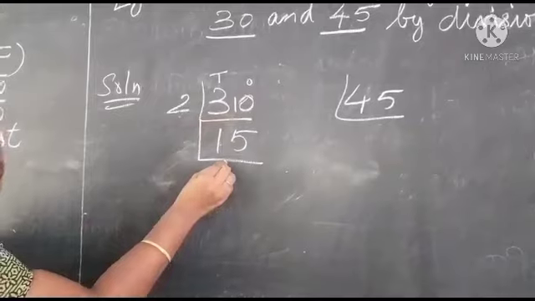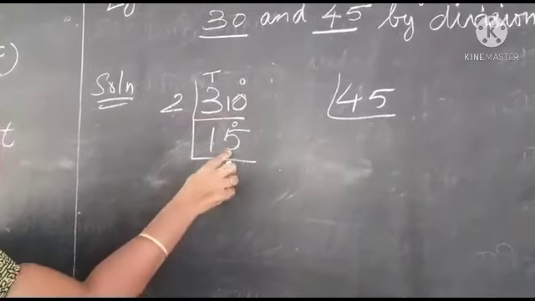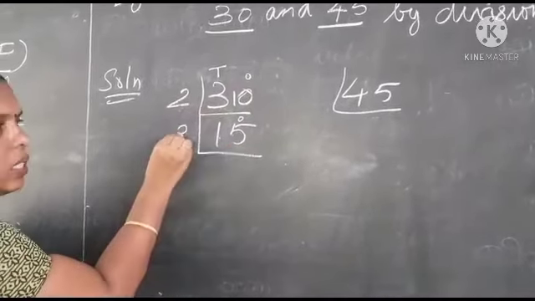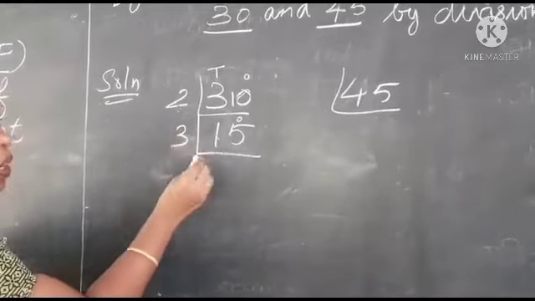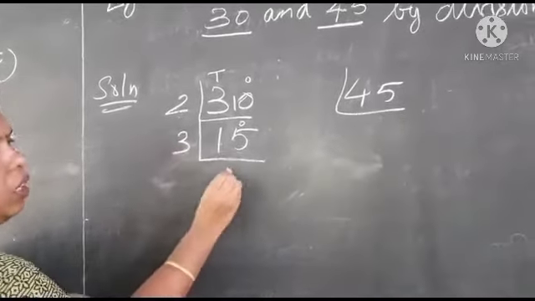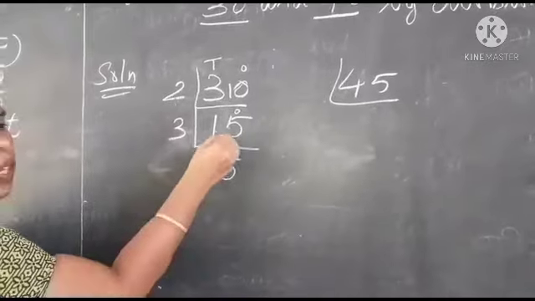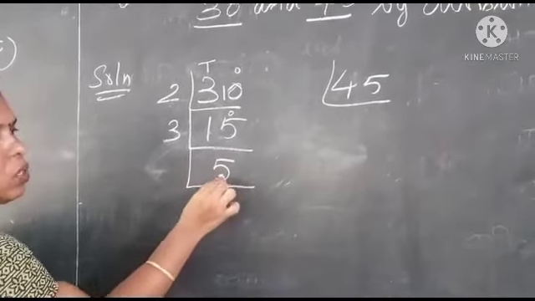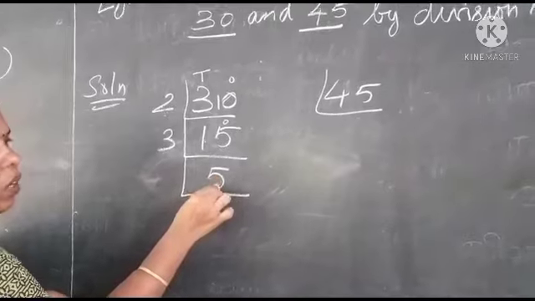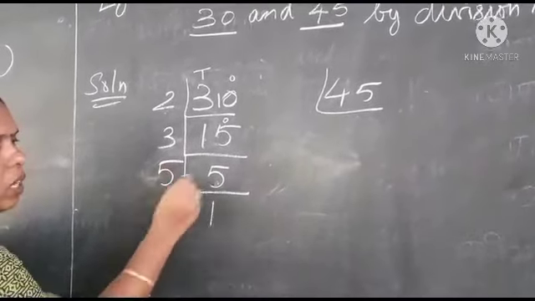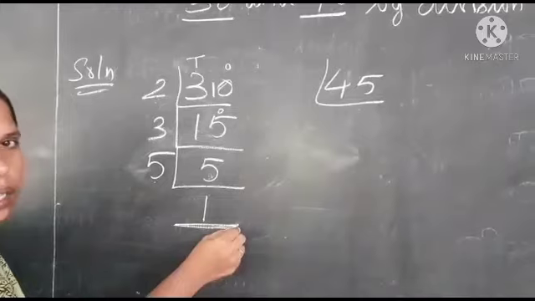Again do the process. Again see the ones place number. The ones place number is an odd number, so we take the factor as 3 or 5. We take the 3, and then how many 3's are in 15? 5. 5 3's are 15. Next do the process again. This is a one digit number, so this is a 5. 5 will be divisible by 5 only. How many times? 1 5's are 5. So the process ends at 1.